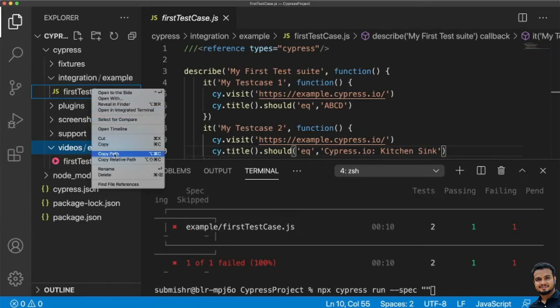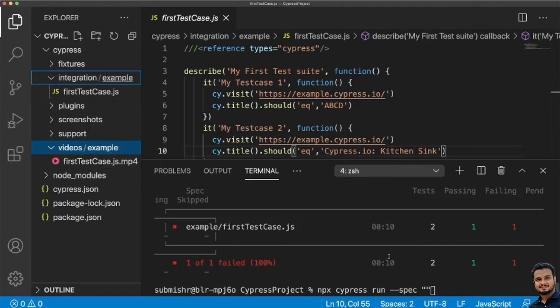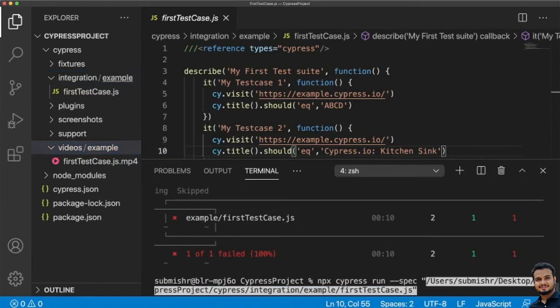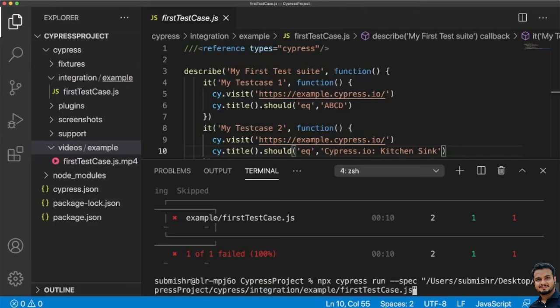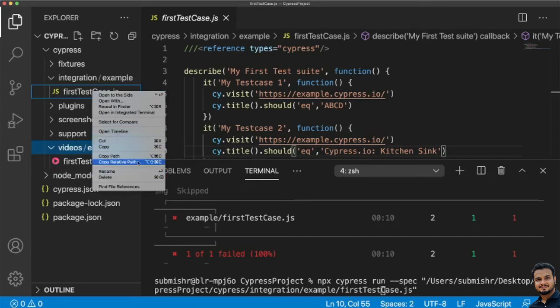You are copying the path. Here you can see copy path. Let me do that and paste it. You see it is copying the entire path. Maybe we don't need it because we are already inside this project folder, so we will copy the relative path.